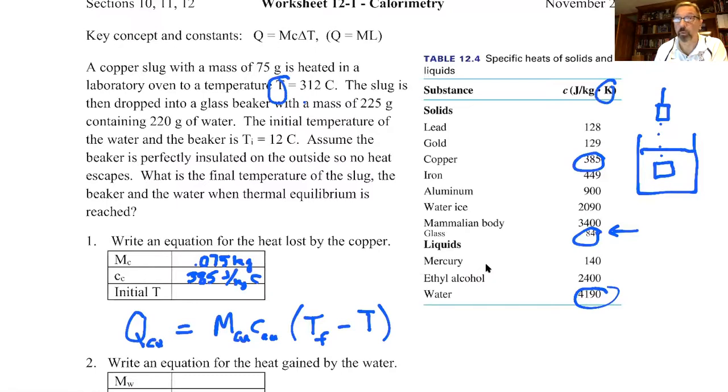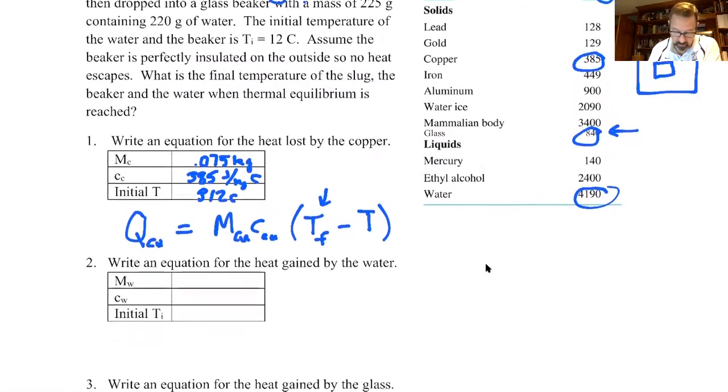If I'm in Celsius, a 1 degree change in Kelvin is a 1 degree change in Celsius. And then, of course, my initial temperature, 312 Celsius. So the only thing I think I don't know, at least on the right side, is the final temperature. You can go through exactly that same process for the water